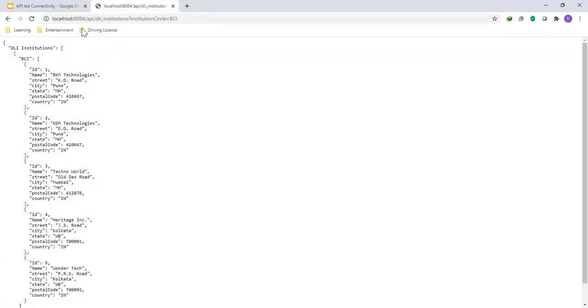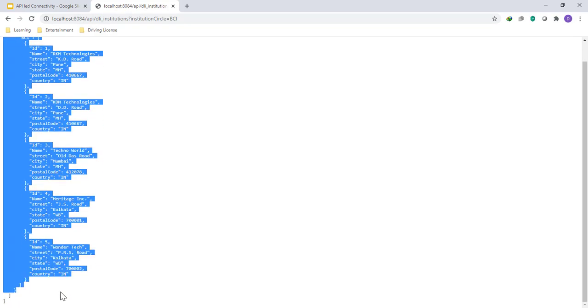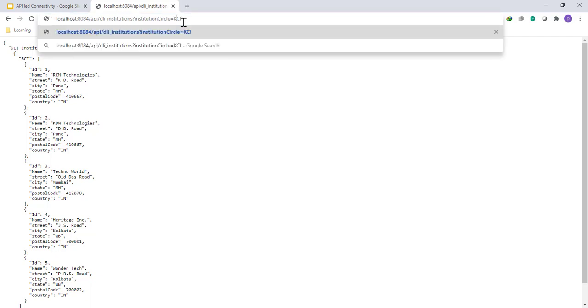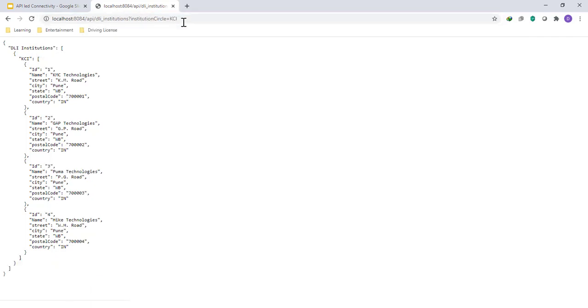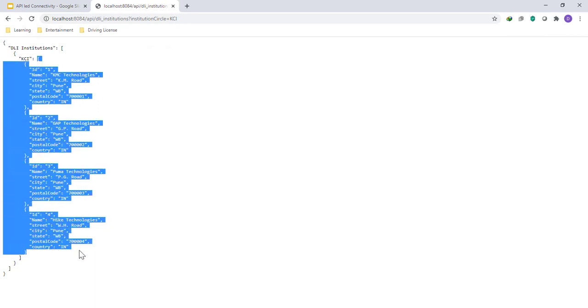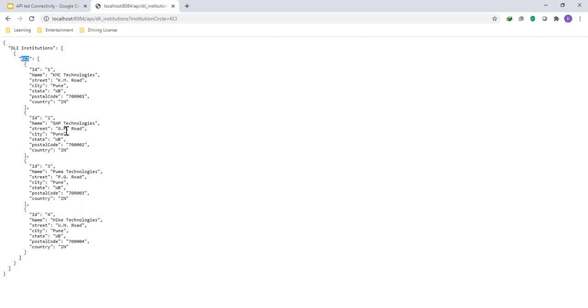If you see the port number, it is 8084, and as you can see, this is the format expected by the client, right? So this is how it is looking. If I mention here KCI, then it will provide the KCI specific data, and as you can see, it is grouping the institutes which are attached to a particular circle. It is grouping them with the circle specific data, right?